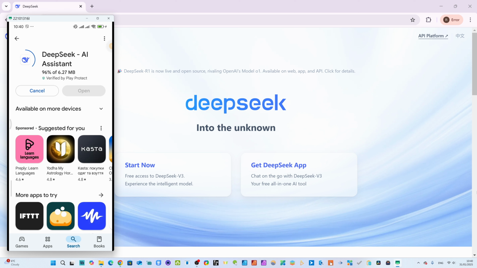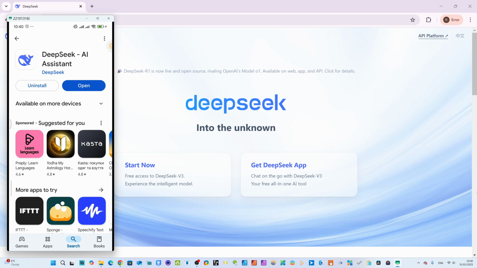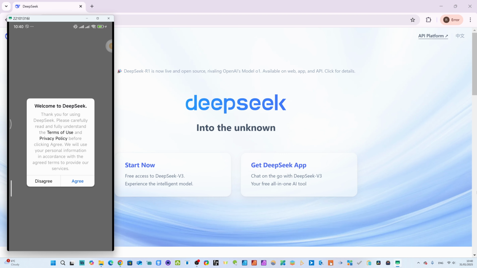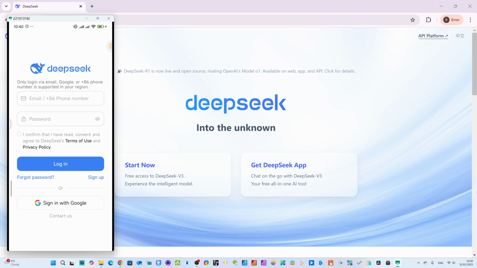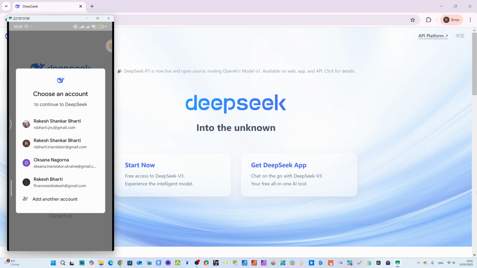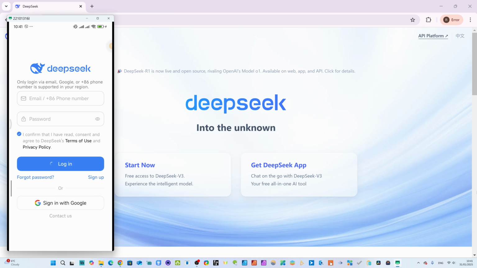You see, now we are installing the DeepSeek AI assistant here. You can download it and use it anytime. Now I will open it. It has opened. You have to click on agree to terms and policy. You can read, agree. I agreed. And you can go with your email address, or you can go with your Google account. I want to go with my Google account. Okay, I will take my email. Now I'm opening with my email here.